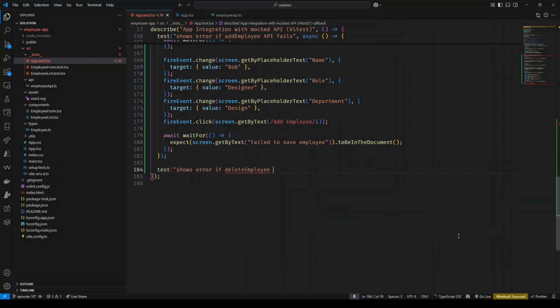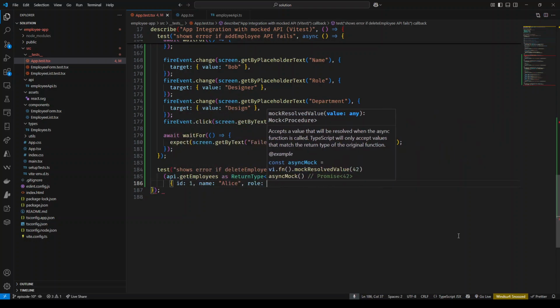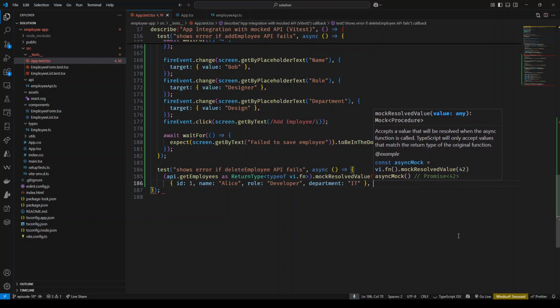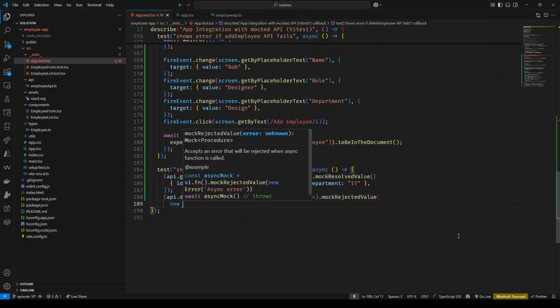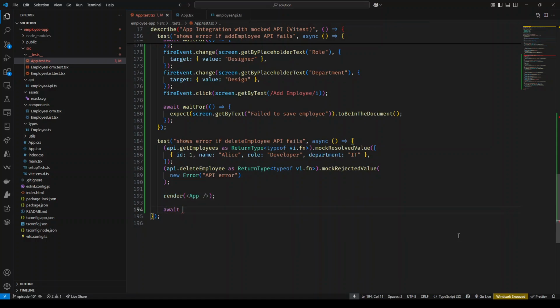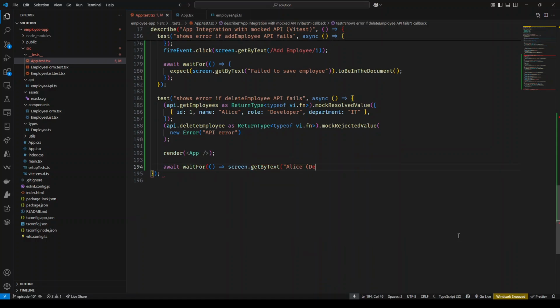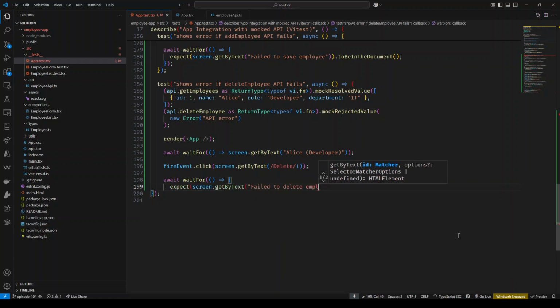The next one shows an error if the delete employee API fails. So we're going to control, again, the get employees. It's going to return one single object inside of an array, of course. And then the delete employee is going to reject with some error. Then rendering the app component, we expect to see this value. We're going to click on the delete button and we expect to see this text, failed to delete employee, in